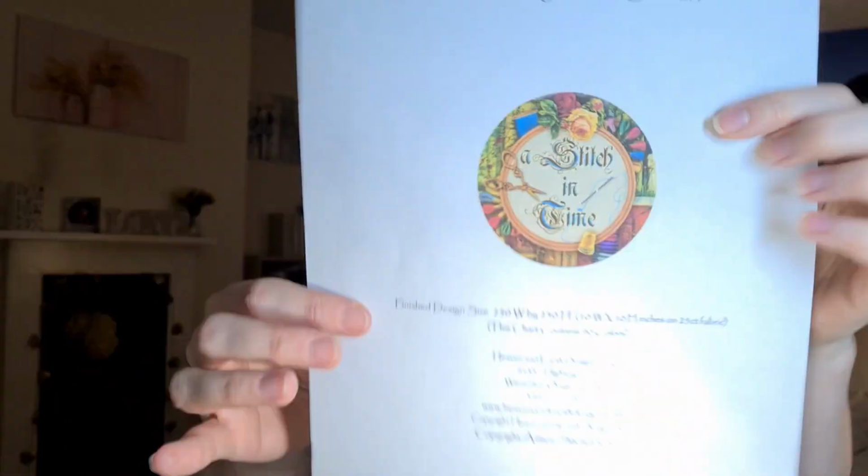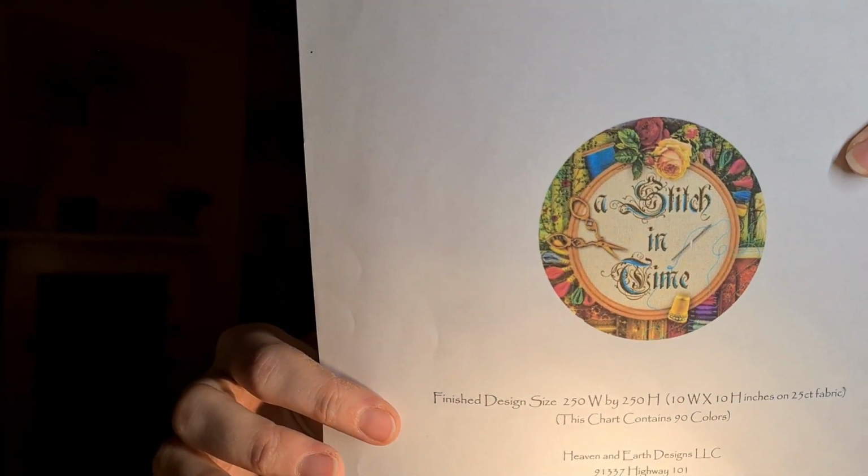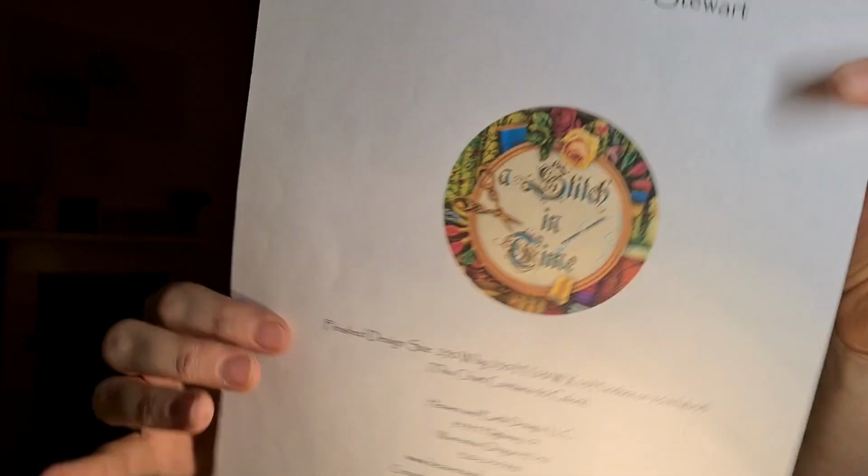Oh, that's the other thing as well. I want to display this one in a round hoop, like a nice, beautiful oak colour, bamboo colour, brown hoop, because I really want to display that in a round display rather than a square one. And I think actually showing it off best would be in a round hoop, but it is, so it says